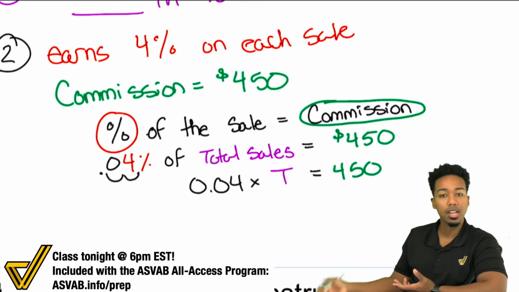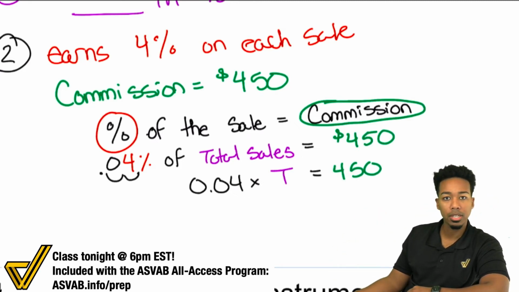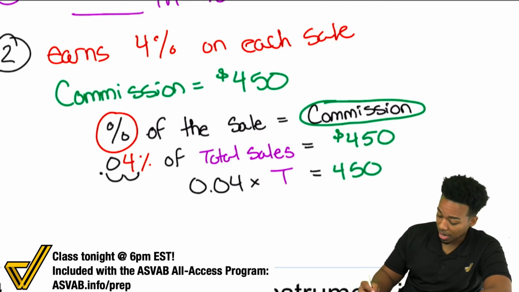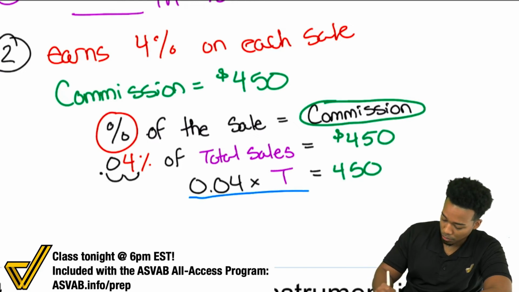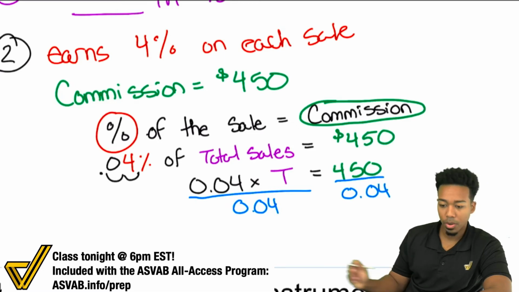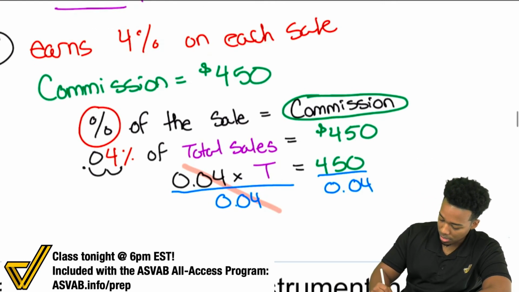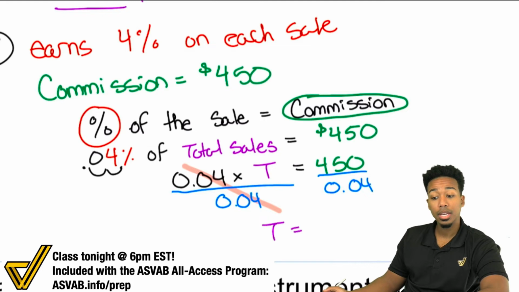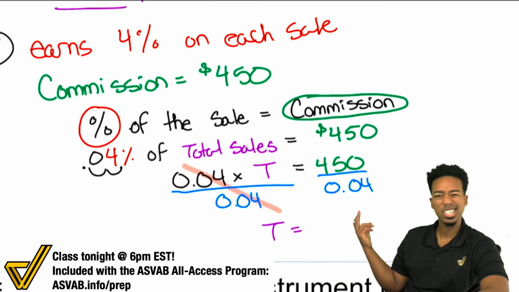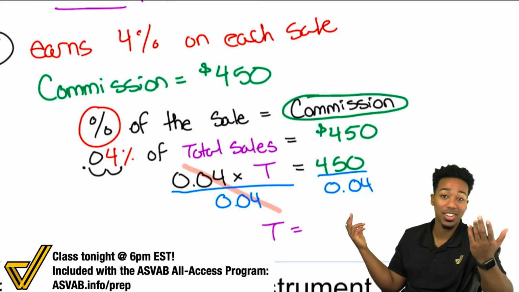So now that we've set this up, we know we've set this up properly. Now all we have to do is figure out what T is. And this is what I mean when I say that we're working backwards, because we're going to be dividing both sides by 0.04. And once we do that, guess what? On the left side, it cancels out, leaving us with the T that we want. So we'll have T equals whatever that is. Now, if we want to perform this division, and you're looking at this with decimals like, I don't like this at all. Hey, you're not alone. A lot of people say the same thing.